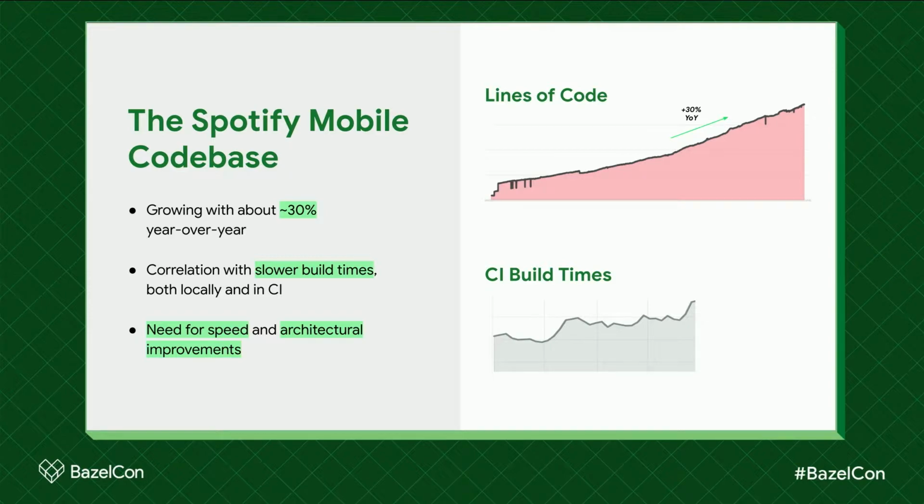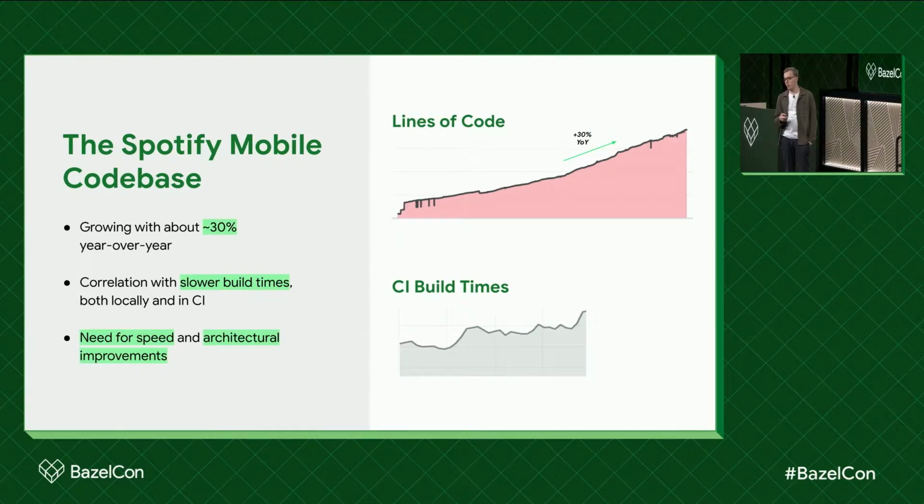If we take a step back and look at the mobile code base at Spotify, it has been growing a lot. Over the last few years, we have had a steady growth of about 30% year over year. And this has led to a drastic increase in the raw number of lines of code, and the workloads to interact, build, and test our code have grown heavier and heavier. At the same time, the dependency structure that I just showed you has also become more and more complex, basically leading to a deeper and more nested structure. And these two things together have led to gradually slower build times, both locally and in CI.